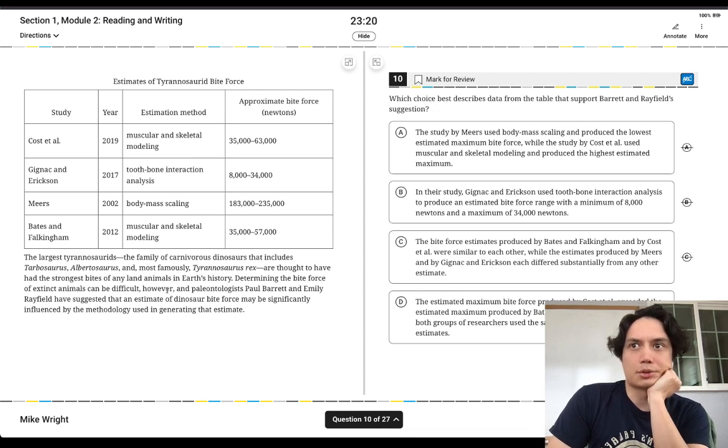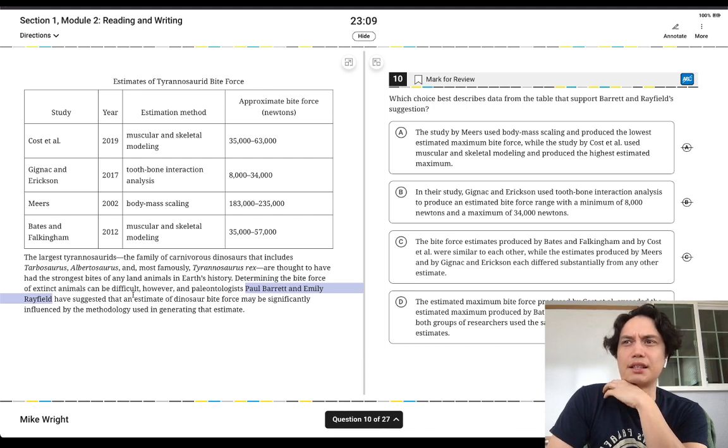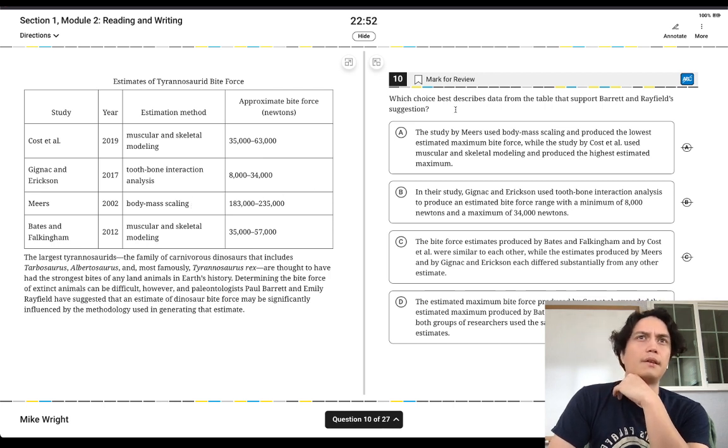Determining the bite force of extinct animals can be difficult, however. The paleontologists, these two, who aren't on the graph, have suggested that an estimate of dinosaur bite force may be significantly influenced by the methodology used in generating the estimate. So here, these two used one methodology, and they got kind of the same range, around 35,000. Tooth bone interaction is much lower, body mass scaling is much higher. Okay,